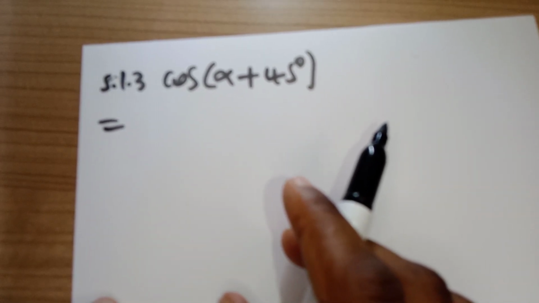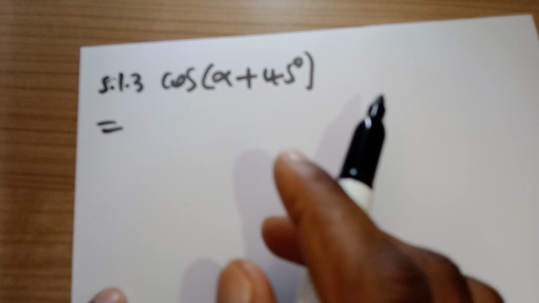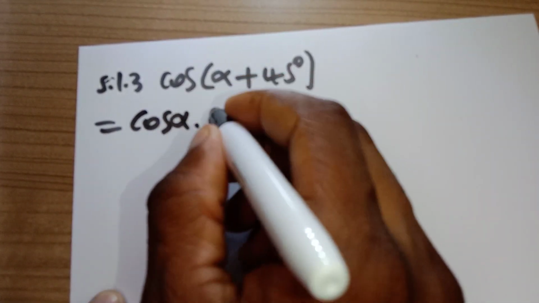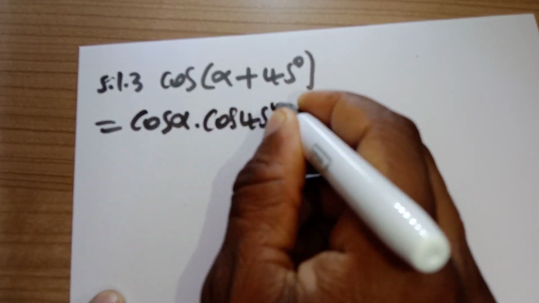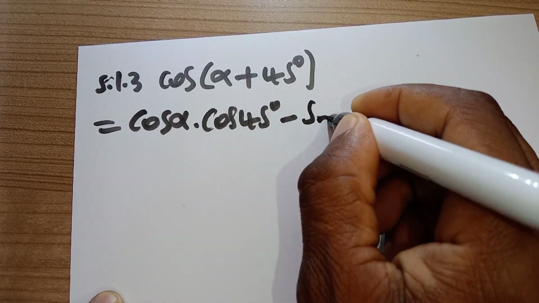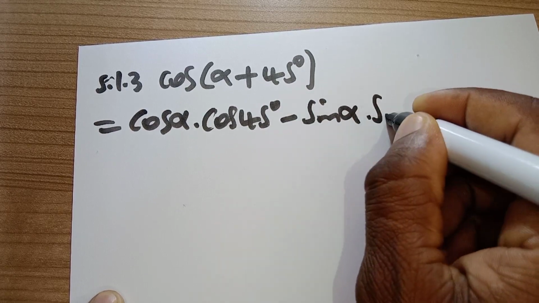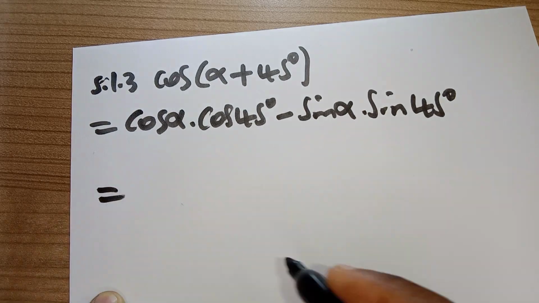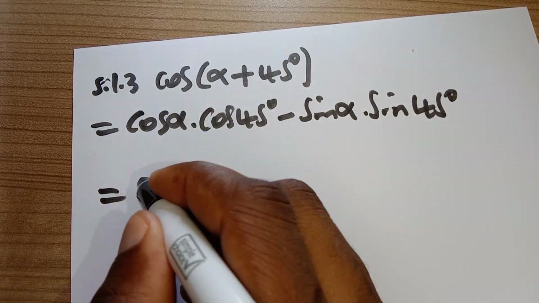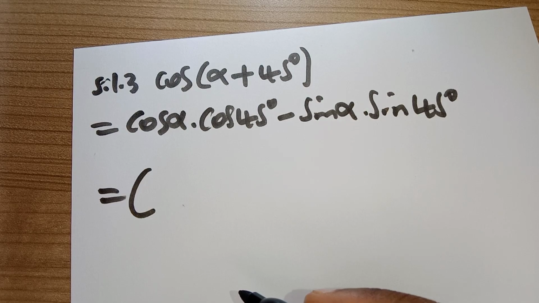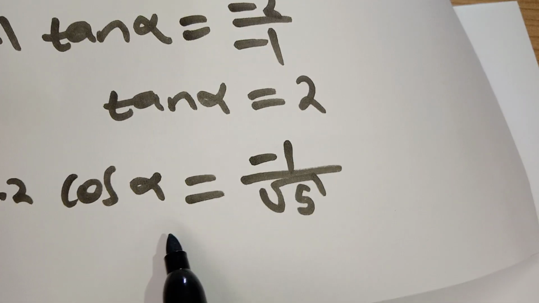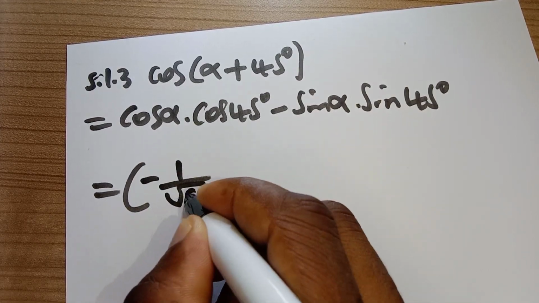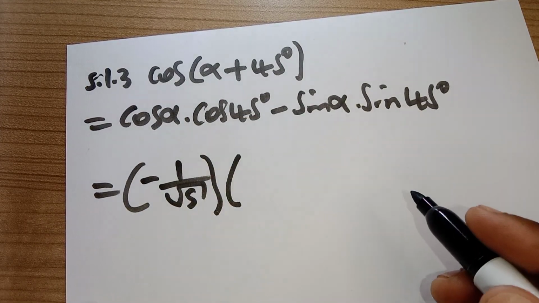It should be negative. Then here we're going to have the cos of alpha multiplying the cos 45, subtracting the sine of alpha multiplying the sine 45. With the cos of alpha, we already dealt with it. Here's the cos of alpha, we're having it as -1 over the square root of 5, with the cos